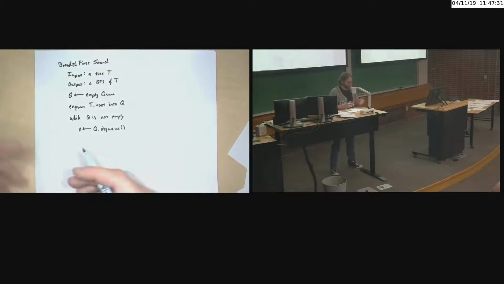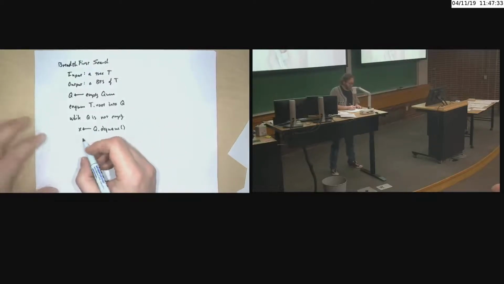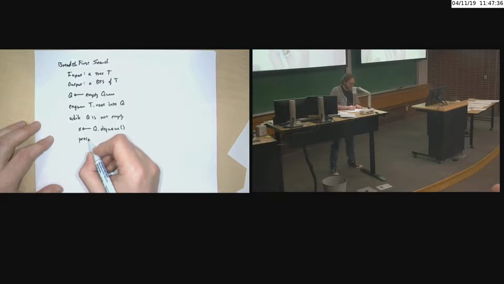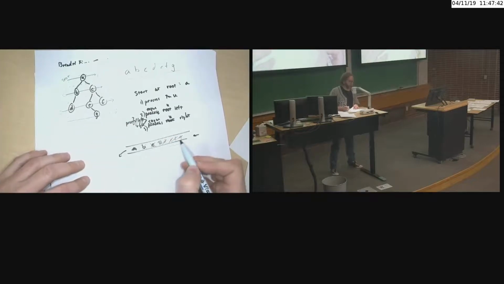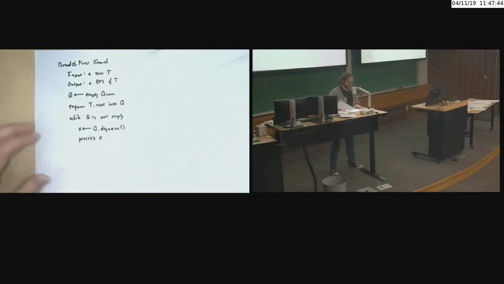It doesn't matter if you process it right away or if you push its children. I'll go ahead and process it. Process X. And then we need to make sure that we eventually do its left child and its right child, in that order. So